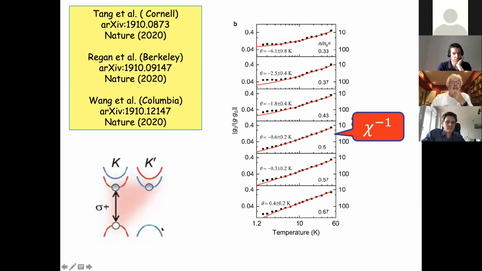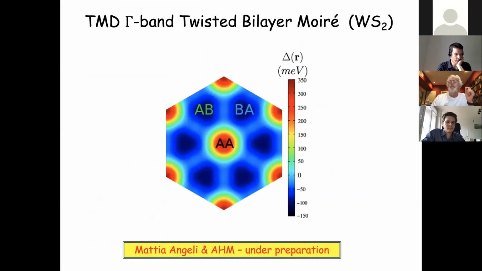And an interesting thing about these TMD systems is that you can probe them optically. And this is, for example, an optical dichroism measurement from the paper of Tang et al. at Cornell, which is basically measuring the magnetic susceptibility of electrons in this lattice as a function of temperature. All of these temperatures are above where the ordering temperature is in this system, and as a function of band filling. So there are interesting things you can do. Let me just mention very quickly that that's not all you can do, even though you can't do everything.